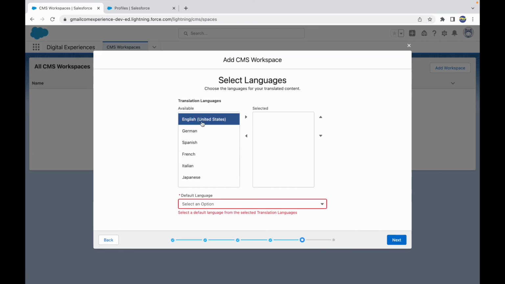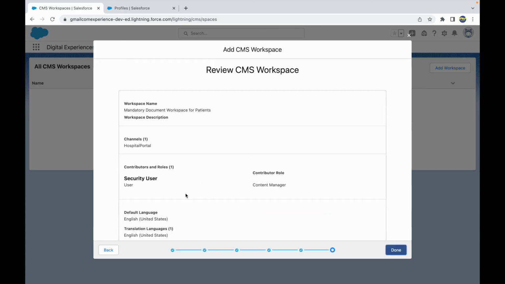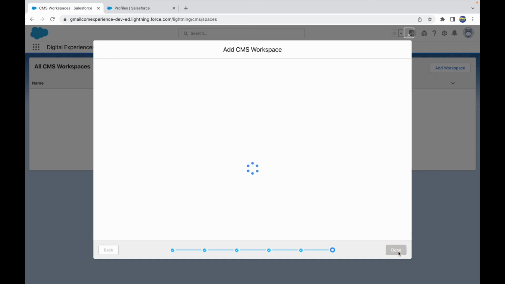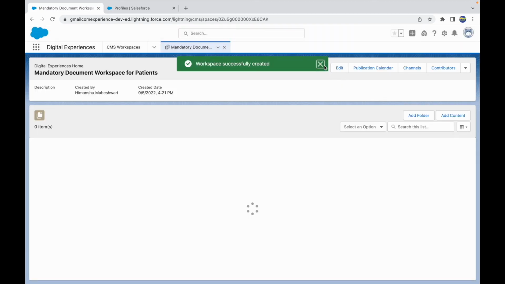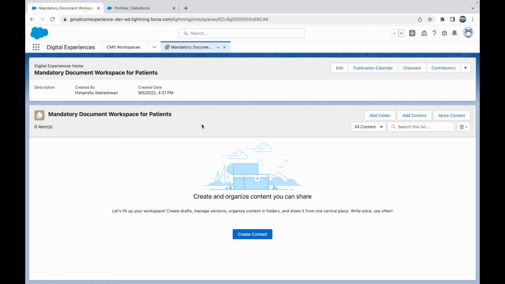I'll just say it's English US, and this is the only default language available. I'll say next, and now this is the setting that you have set for the CMS workspace, and I'll say done. So once your workspace is ready, it's kind of like your box is ready, and inside this box you can